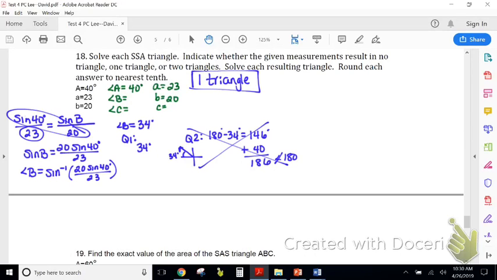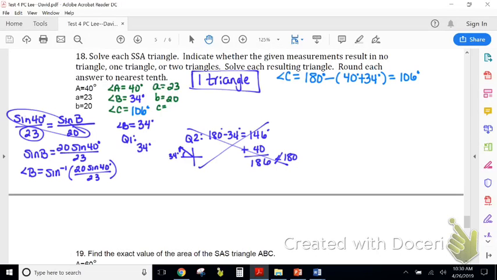All right, so we found that we had one triangle, and that angle for angle B then is 34 degrees. And from there, we just got to find angle C and side C. So I'm sure you want to find angle C first, because that's what y'all have been doing all day. So 180 minus the other two added together, which is, and then we can take